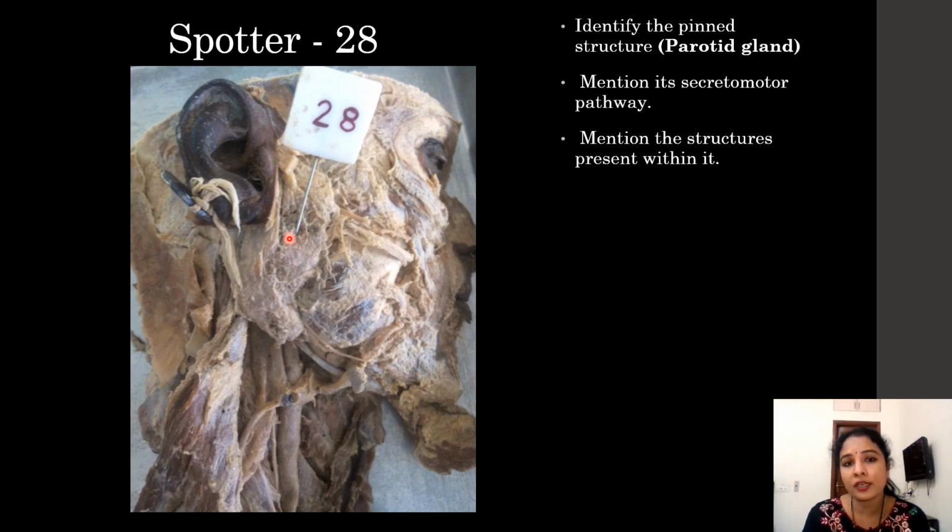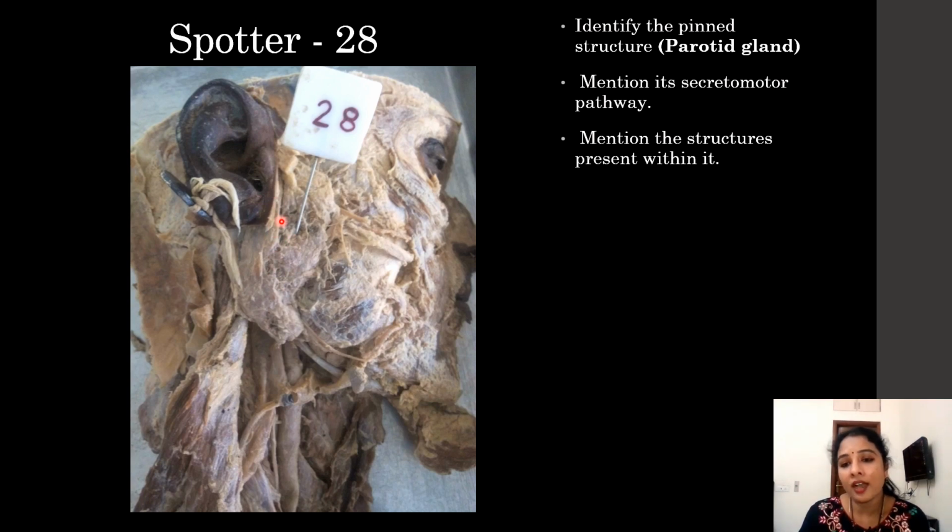This lesser petrosal nerve comes out through the cranium through foramen ovale along with the mandibular nerve. As soon as it joins the mandibular nerve, it relays below the foramen ovale into a ganglion called otic ganglion. Till here it is the preganglionic fibers. Then postganglionic fibers go from the otic ganglion to the auriculotemporal nerve. Via the auriculotemporal nerve, it supplies the parotid gland. So this is the whole secretomotor pathway of parotid gland.